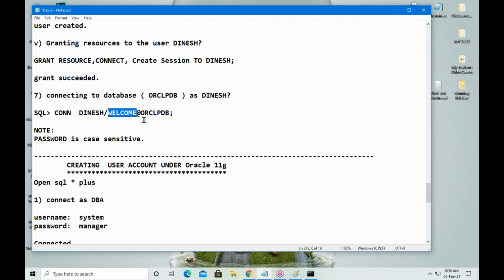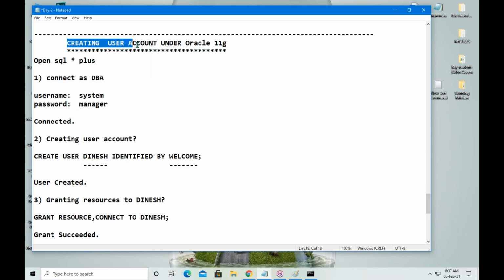If you used a small case password, then use small case only. If you used a capital case password, use capital case only. That's why I have given the note: password is case sensitive. Whatever I explained in the video, the same process I have given in the document step by step.